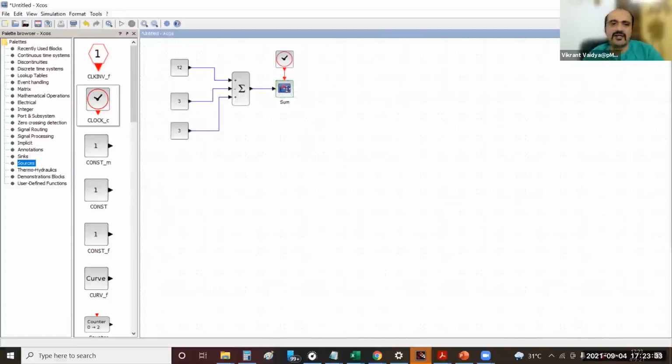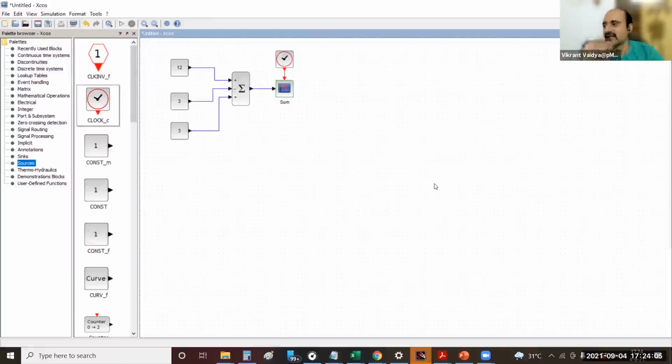When you have multiple graphs and you do not name them, you will not know what is what. As you will see once we run the simulation, this sum will appear as a label to the popped up window with the time-based plot. So if you put a name or label on each and every C scope, you will have it much more organized and you don't have to think what exactly is this.